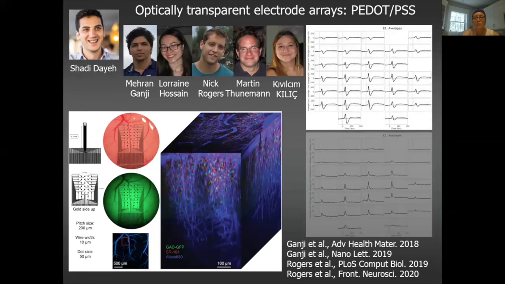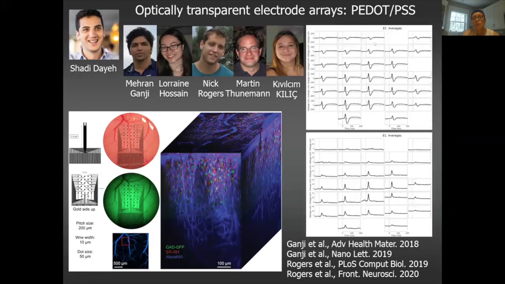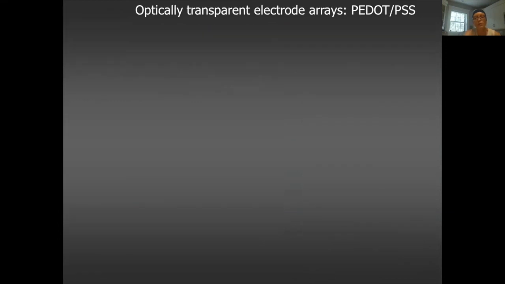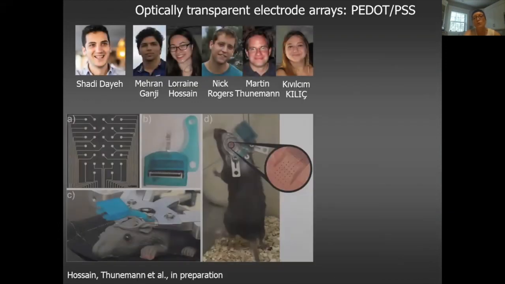These electrode arrays are very good in the sense that not only do they record LFPs, they also record MUAs, and this has to do with the combination of their impedance and their size. So these are very clean data because it was obtained under anesthesia, and recently we have been pushing this for